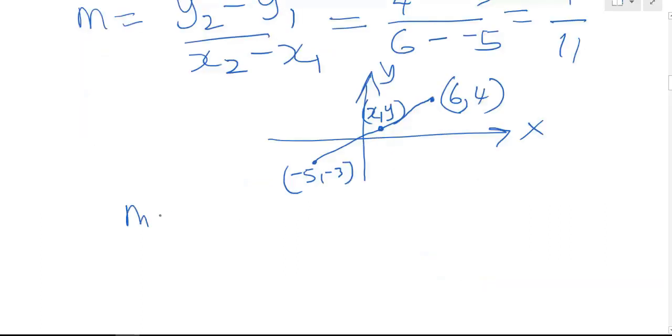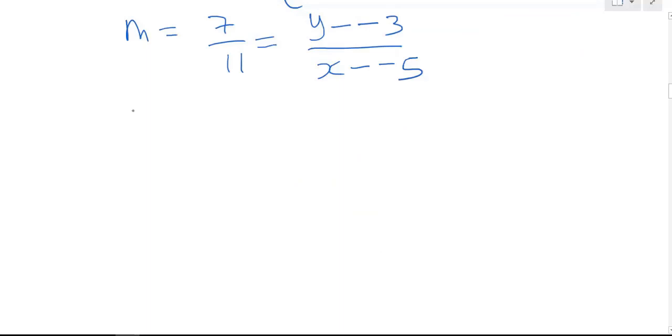Therefore, m, the gradient, which is equal to 7 over 11, is also equal to y minus -3 divided by x minus -5, which translates to 7 over 11 equals y plus 3